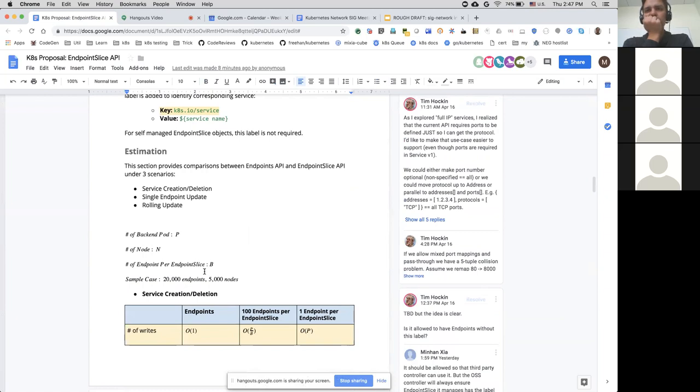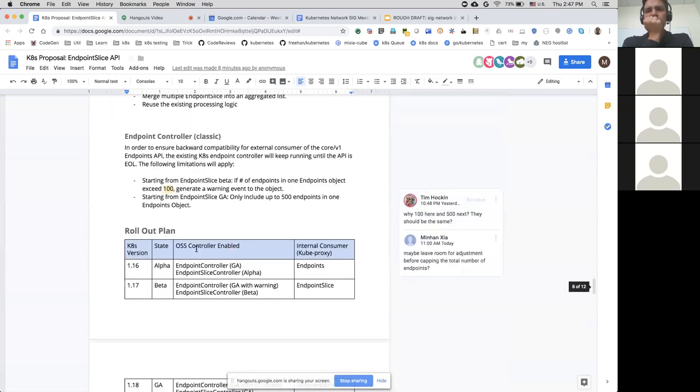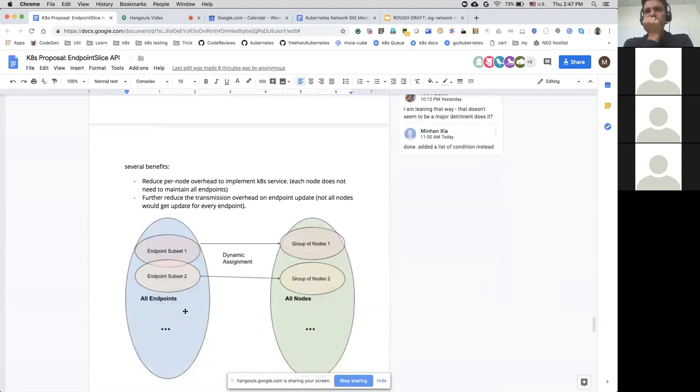And in this case, we talked at some point about the idea of there being overlap in some cases. Yes. So I have also included another more advanced idea, basically dynamic subsetting. The idea is that instead of always sending all the endpoints to all the nodes, we only send a subset of the endpoints to a group of nodes, so that this further reduces the overhead.